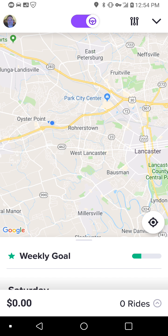So the long story short is, when you are using Lyft and you're picking up passengers, try to have anything else that requires data shut off completely. So don't have Pandora running, don't have any other kind of music streaming service running, nothing at all that requires data running whatsoever. Obviously you're going to get emails and text messages and that kind of stuff, but that's not a huge deal. And you can even disable text messages as well,